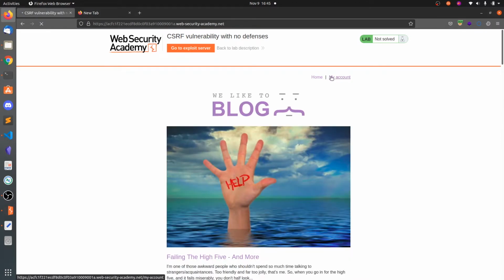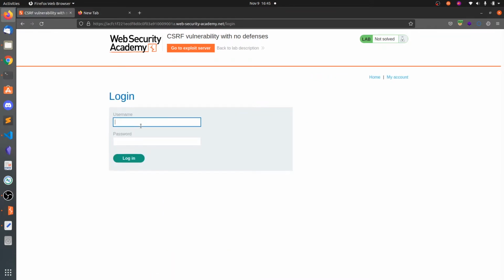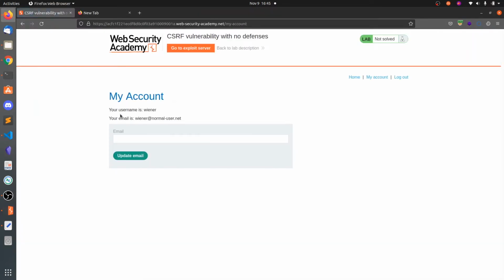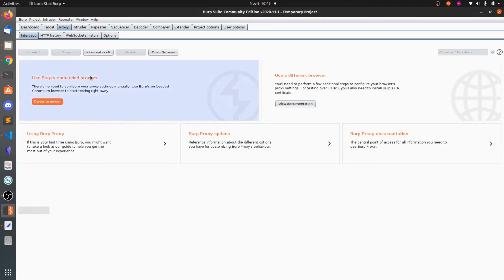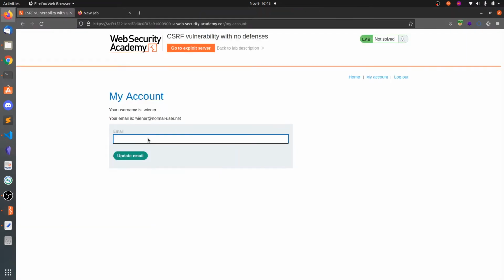So click on My account. We will be logging in as wiener with password peter. Click on login, and here there is the email changing functionality. Let's capture this first and click on update email.